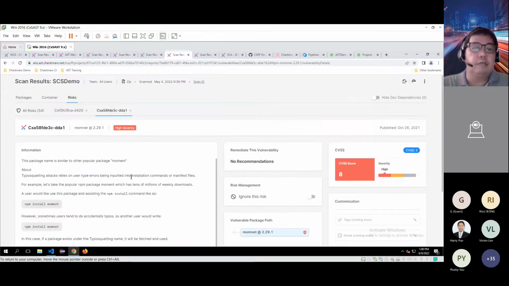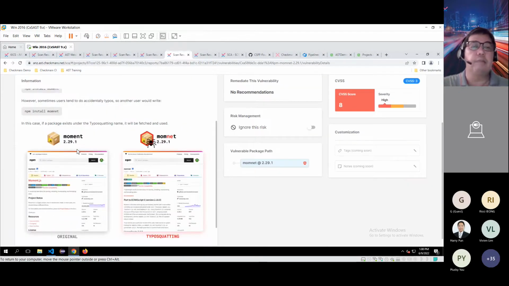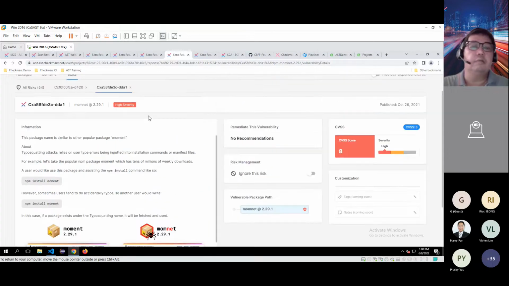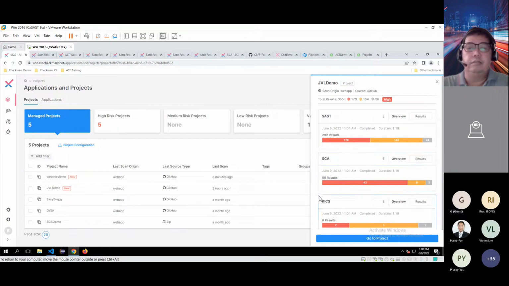So with typosquatting, you have a legitimate package used by developers to do certain tasks, but the hackers can rename it to a similar name and include some malicious code inside this package. Then it can cause the malicious code to run in the development environment. Okay. So this is mainly a demonstration of how Checkmarx can scan the open source libraries in your project. Okay. And then you go back to the AST platform, the same project, we have another scanner called